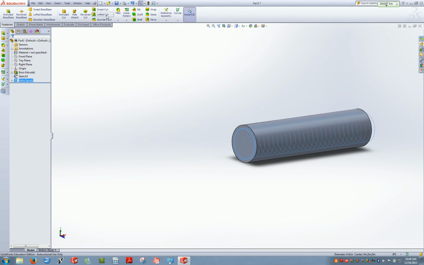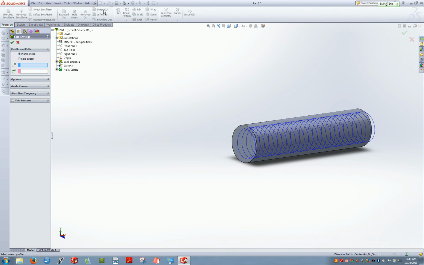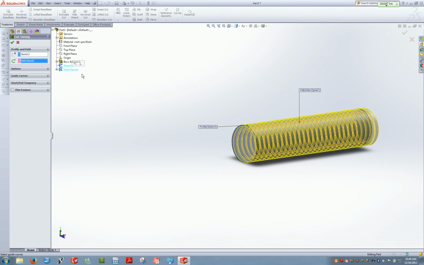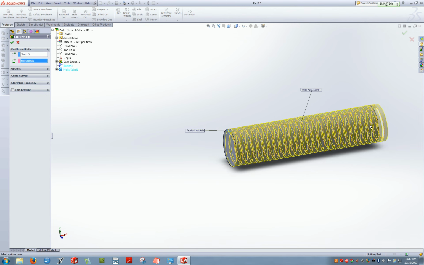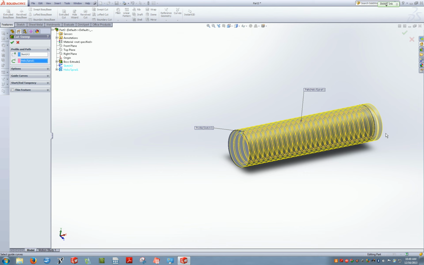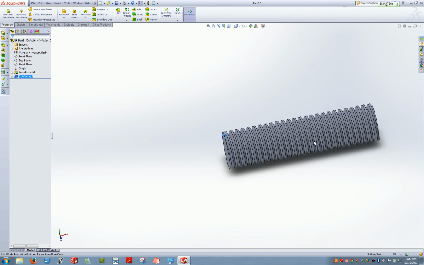My next step is going to be to run a swept cut using my thread form, my 60-degree triangle, and my helix that I just created. So I select swept cut. Under profile, I'm going to select my triangle. And under path, I'm going to select my helix, and it should give me a preview of this thread spinning right down the shaft. I click the green check, and you'll see it has gone ahead and cut the threads